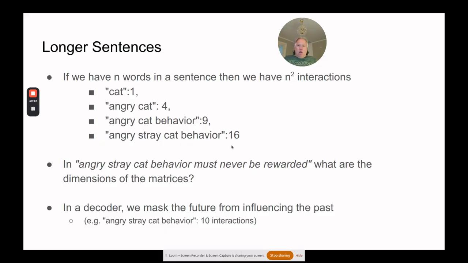Okay, so what are the dimensions of angry cat? Angry stray cat behavior must never be rewarded. I'm not sure if I agree with that though. I mean, let's go easy. That's going to be, okay, 1, 2, 3, 4, 5, 6, 7, 8. There's going to be 64, right? There's going to be 8 times 8, 8 squared